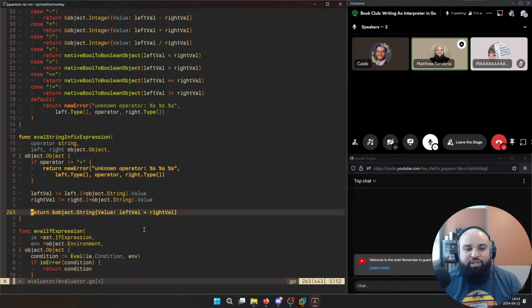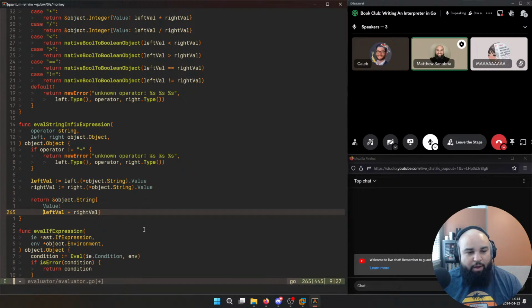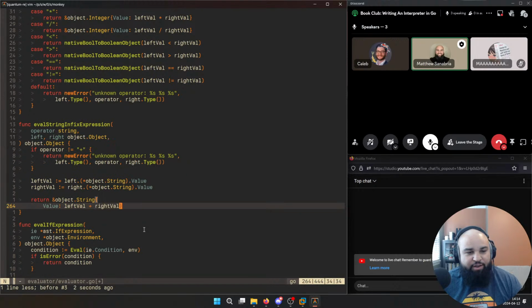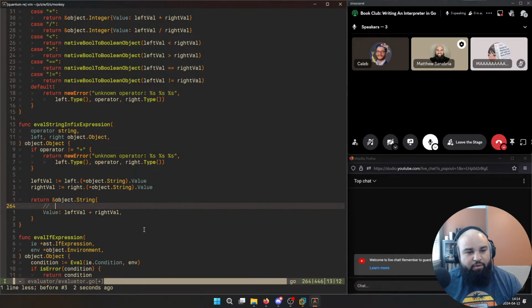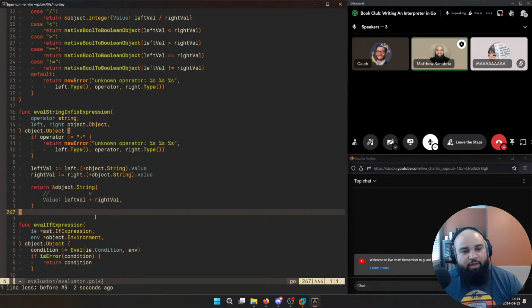And I wish the author wouldn't have done this, but the real magic here happens right there. So we're taking the two strings that we got from our parser, getting both strings, and we are using the underlying Go type system to concatenate strings together.